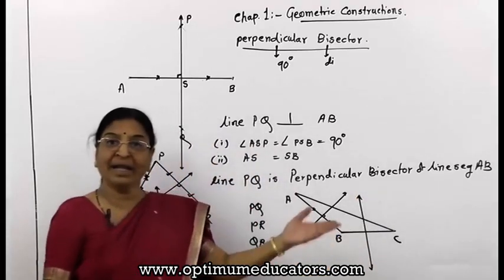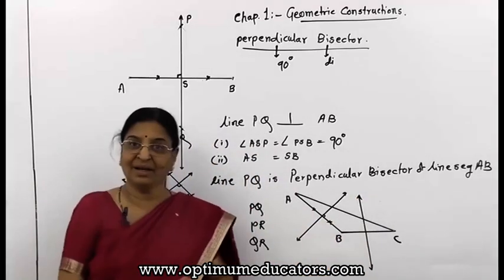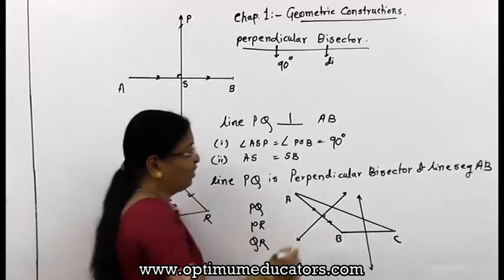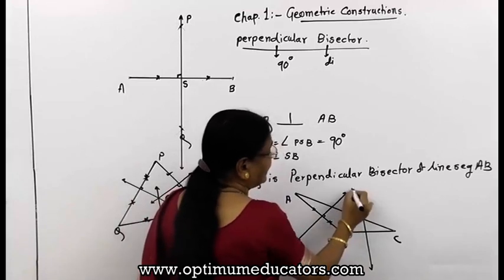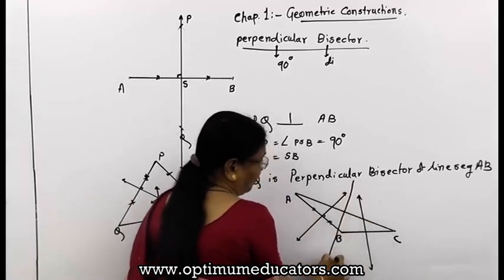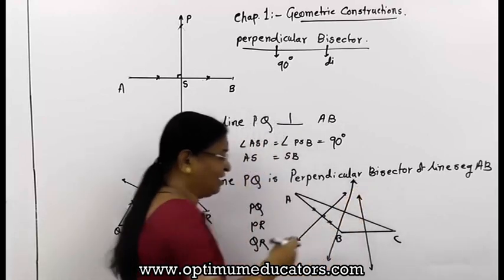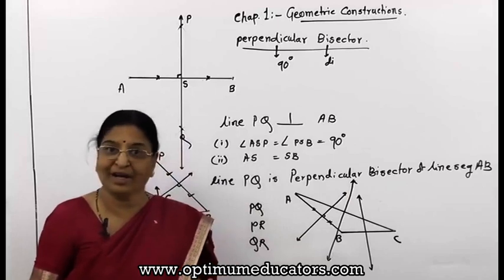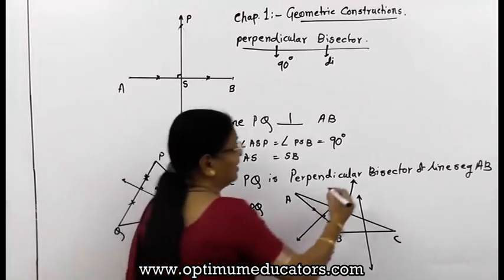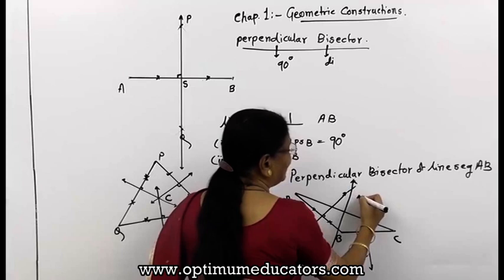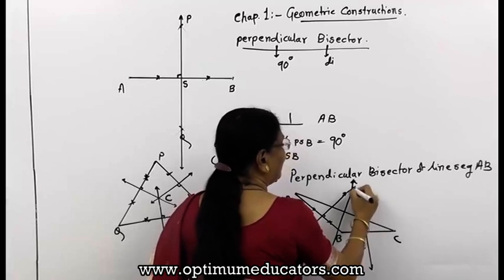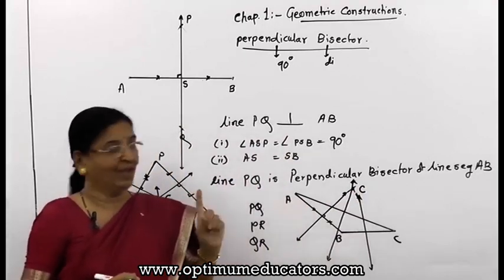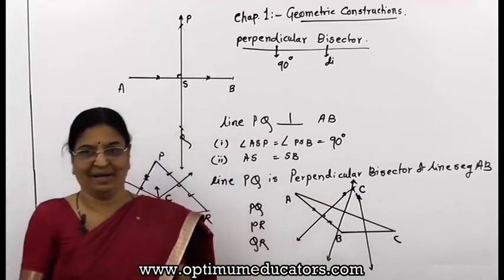Here for BC, you can again take more than half and draw a perpendicular. See, are they intersecting inside the triangle? No. Then what about the third one? And where will they intersect? We will try to draw, and this is a point of course. And here you can think that no, they are not intersecting, so they are not concurrent. But it is not the case. If I extend it, see, they are intersecting in one point, and this is again point C. It is outside the triangle.